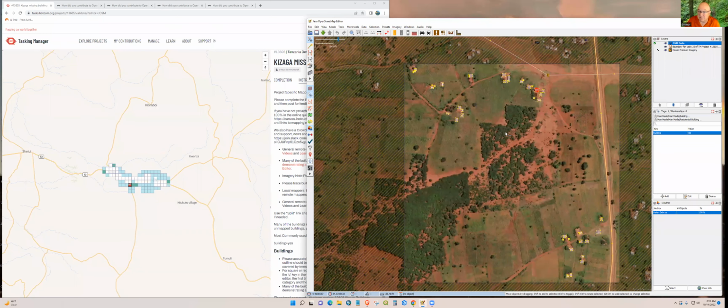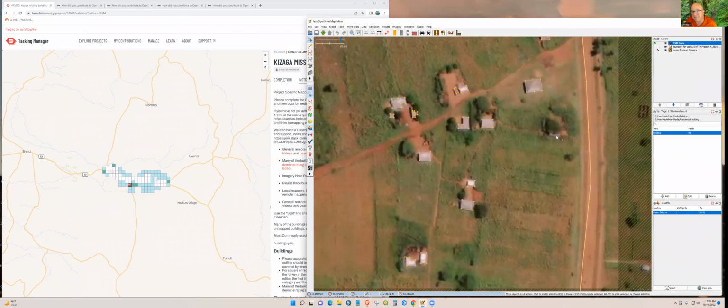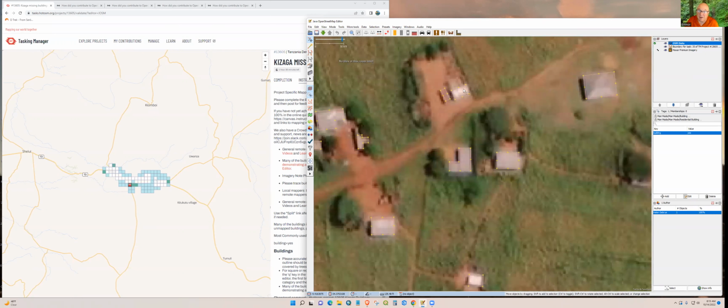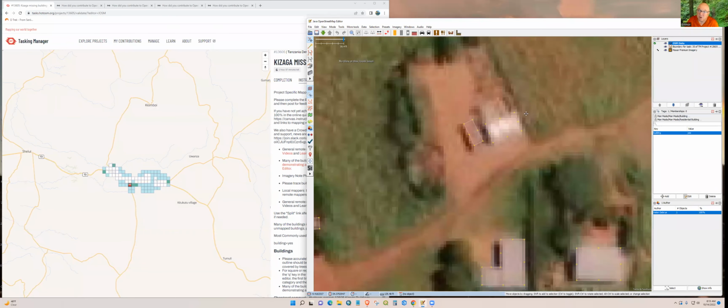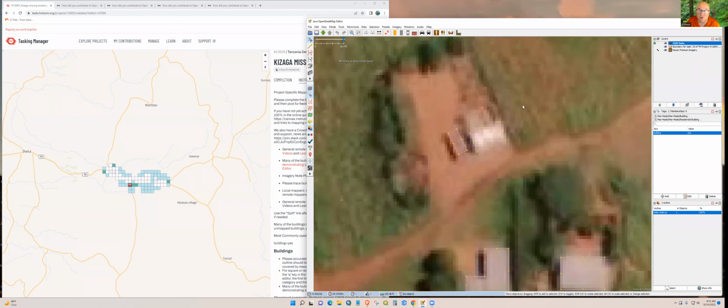off into space. So I zoom in a little bit, and it looks like there might be a building here, but it's difficult to tell because it's under this tree. I'm not sure, but I see this building here. It looks like there's a shed on the side of it. It's difficult to tell, but just to show the tool in editing in iD, I select this